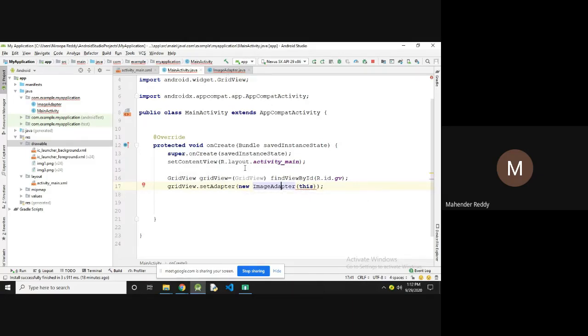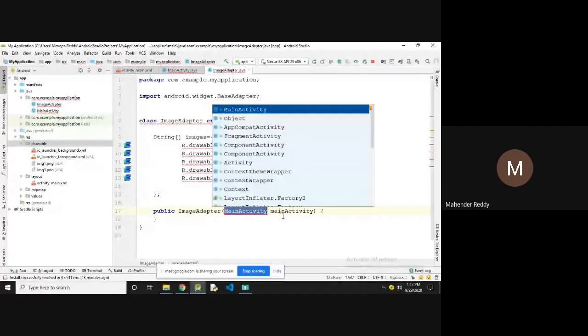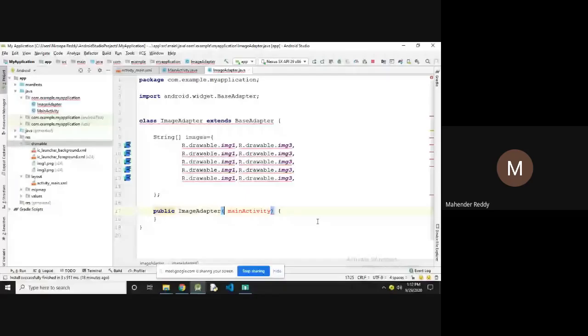Why is it showing me that there? Sorry. It's asking to create a constructor, so I'm going to create the constructor.